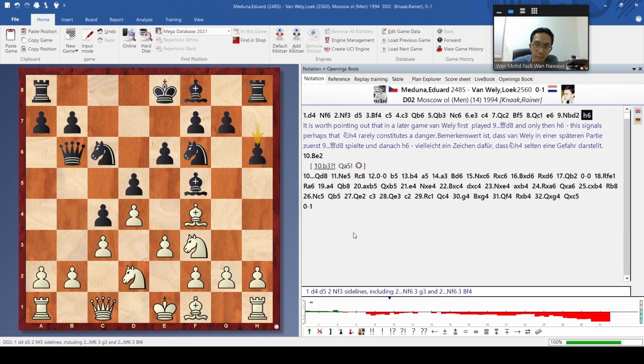So if you look here, this is the position that we saw just now. So we see how black, this is black winning. It doesn't mean that the position here is winning for black. No, it just shows that it's easy for black to play. Black won here because of some mistake in the middlegame or endgame, but not because of the opening. It's just to say that black can have an easy game here. It's not difficult for black to play this position. That's what all this is about.